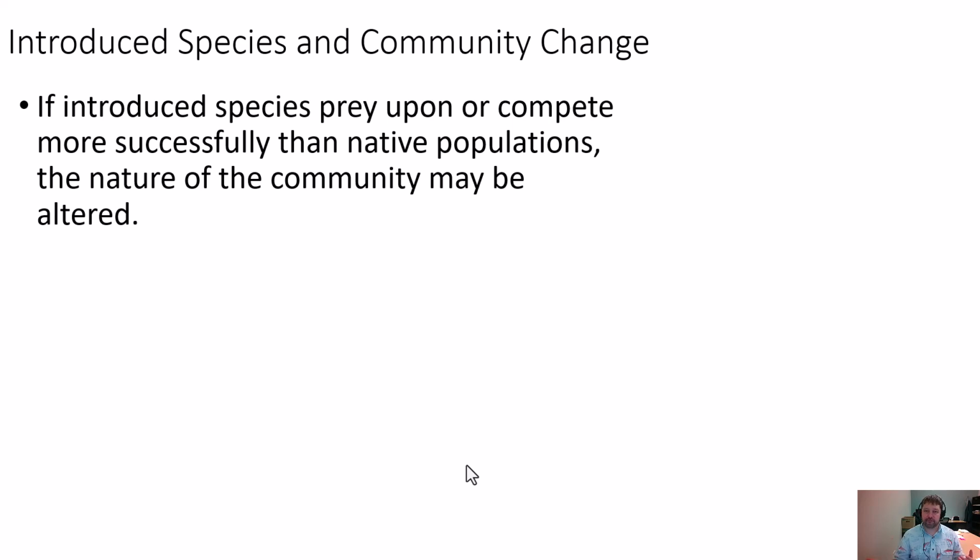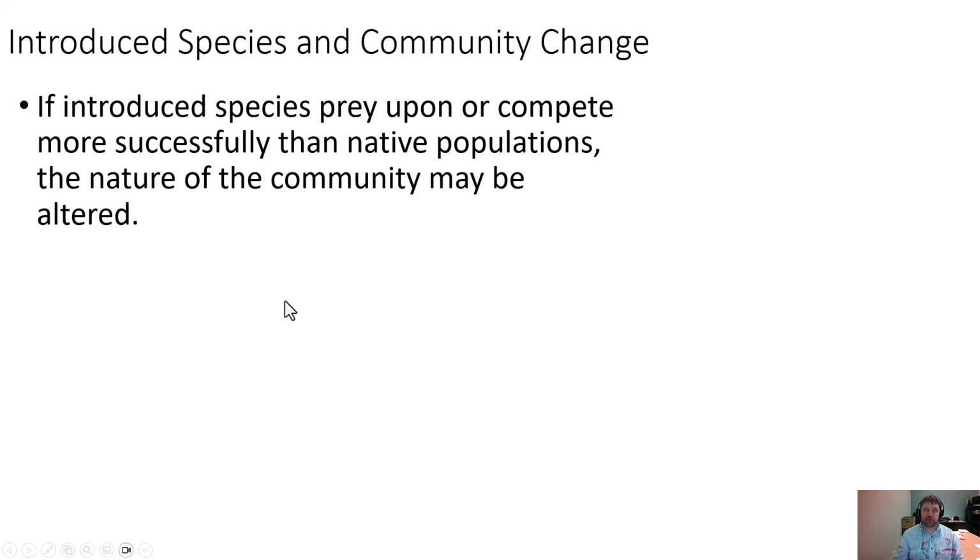Sometimes they prey upon them. Sometimes the introduced species is eating naive species underneath them. So maybe we introduce something towards the top of the trophic level, maybe an apex predator or secondary consumer, or maybe even a primary consumer, and the things that it's consuming are naive to that predator, never evolved with that predator, so they have no defenses against it, and they tend to perish a lot quicker and have more negative effects.